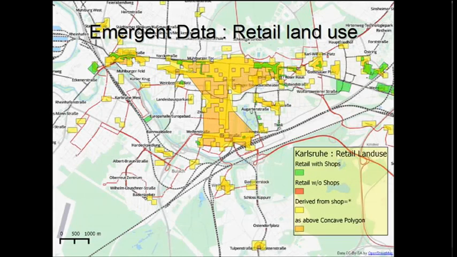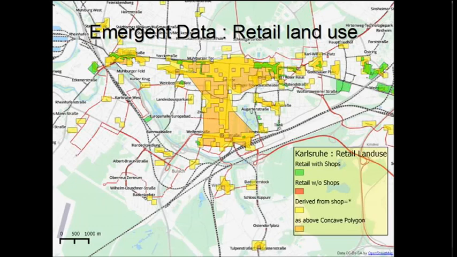Lastly, emergent data. In this case, I'm trying to extract which areas of Karlsruhe could be classified as retail land use solely on the basis of where the shops are mapped. So I put a grid of, I think, 50 meters across or 100 meters across Karlsruhe, and then marked every grid where at least one shop occurred, and then I merged adjacent grid squares, and then finally created a set of polygons from those, which are these